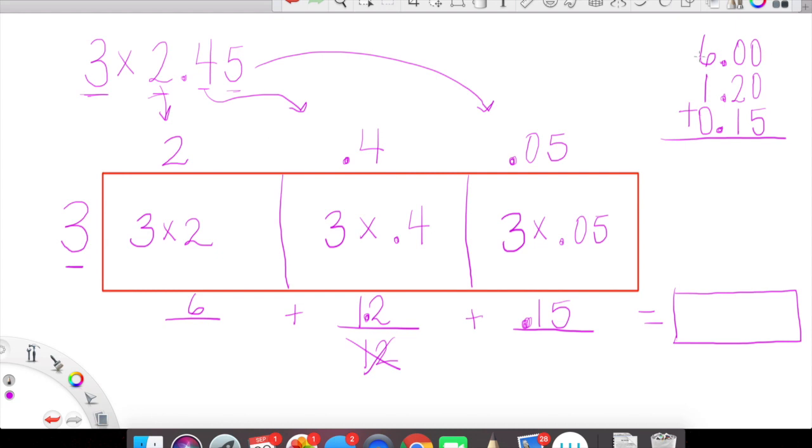Okay, so now we see 6 has 3 place values, 1.2 has 3 place values, and 0.15 has 3 place values. And again, I'm just adding these up over here in the corner because it's easier to add vertically as opposed to adding horizontally. We just want to be very precise with this. Okay, so now we can just quickly do this. 0 plus 0 plus 5 is 5. 5 plus 2 plus 1 is 8. Thank you, Sebastian. I know he's thinking the same thing I am. 6 plus 1 plus 0 is 7. Thank you for that, Olivia. Our final product here, you guys,